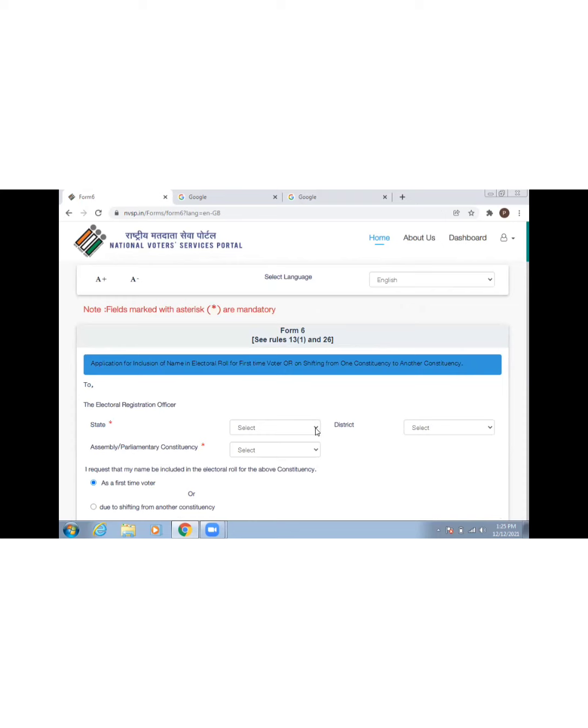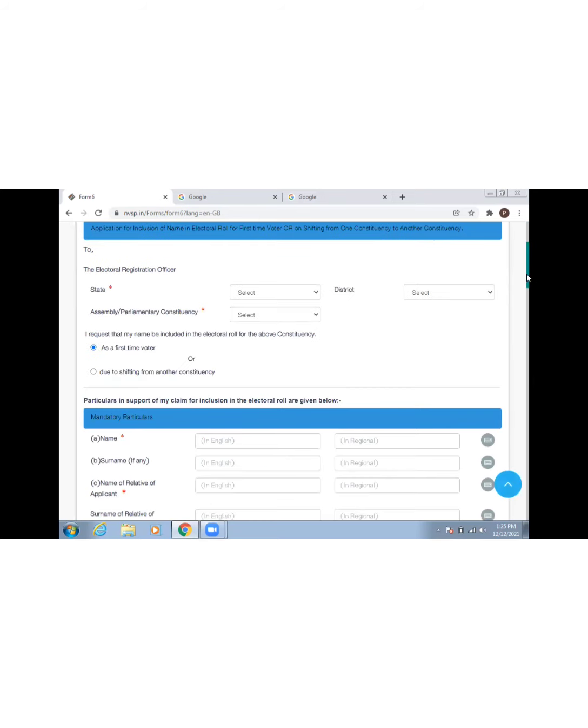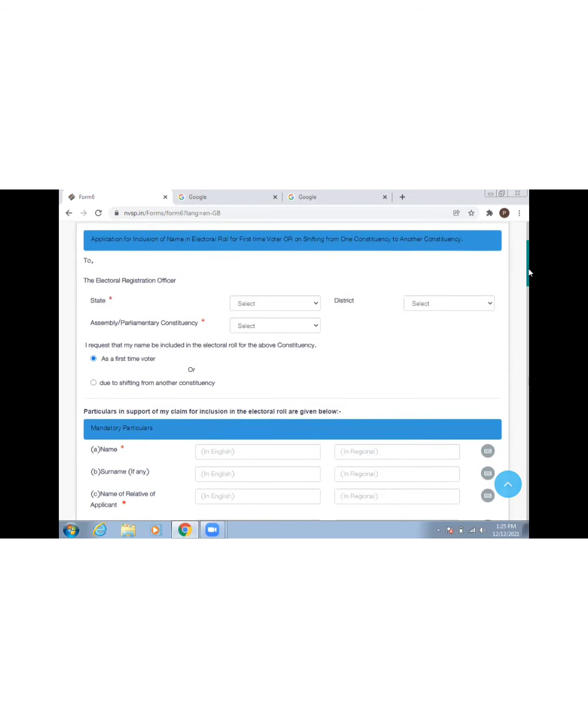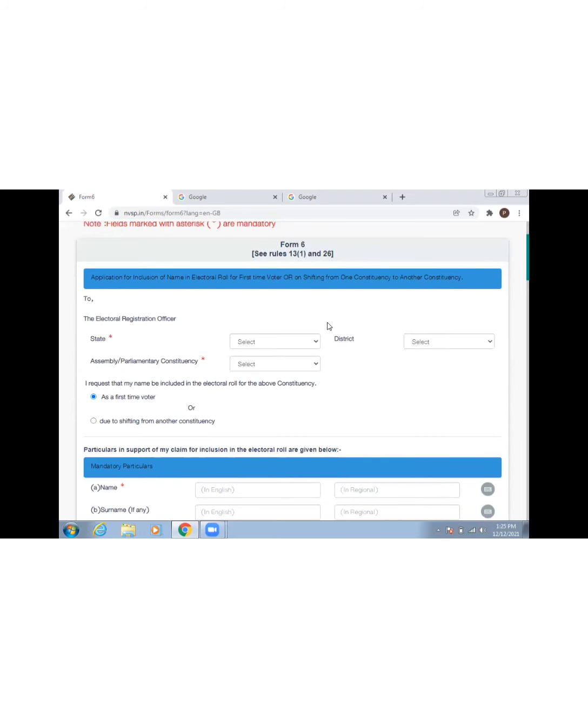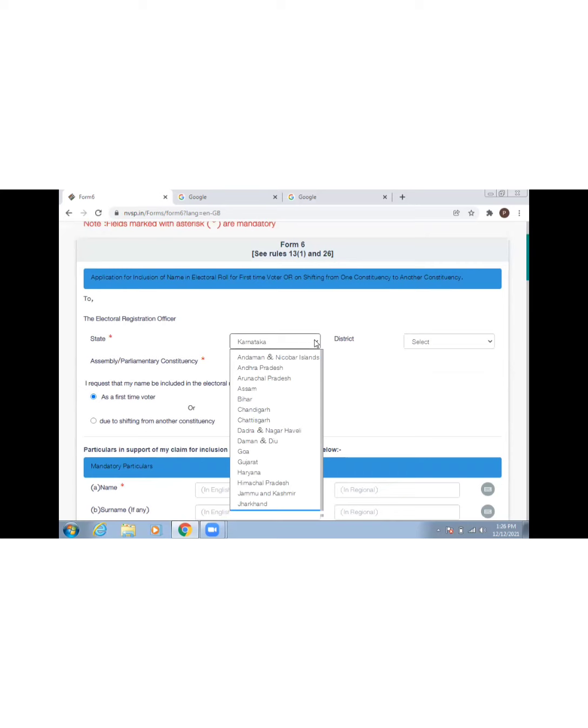Then you have to select your state. This website is a bit slow, so you would require a lot of patience. It is a simple process, but make sure you have a lot of patience while doing this. So select your state. Once you select Karnataka, automatically the districts which are present in Karnataka will